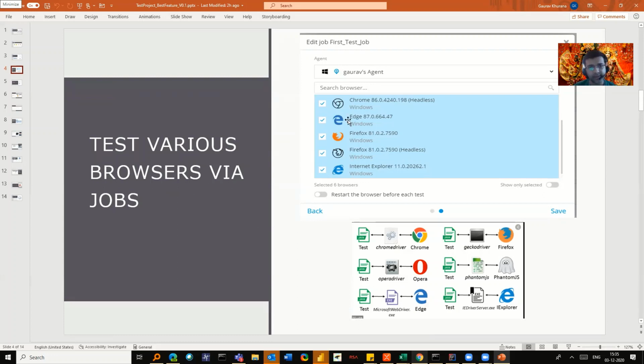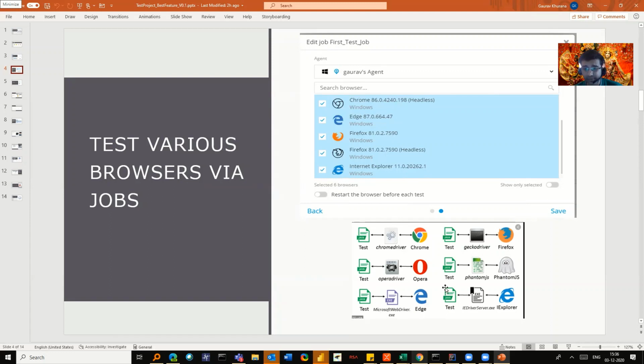Whenever you go for cross browser testing, you might have seen that you have to write a lot of code. If you run via Maven, you have to pass some parameters like -D parameters. But in this, it was a tick. I just wrote my test and I just need to tick a checkbox. I liked it very much. Whichever browsers were installed in my system were listed over here. I just had to click and go next, and the tests were conducted in all those browsers.